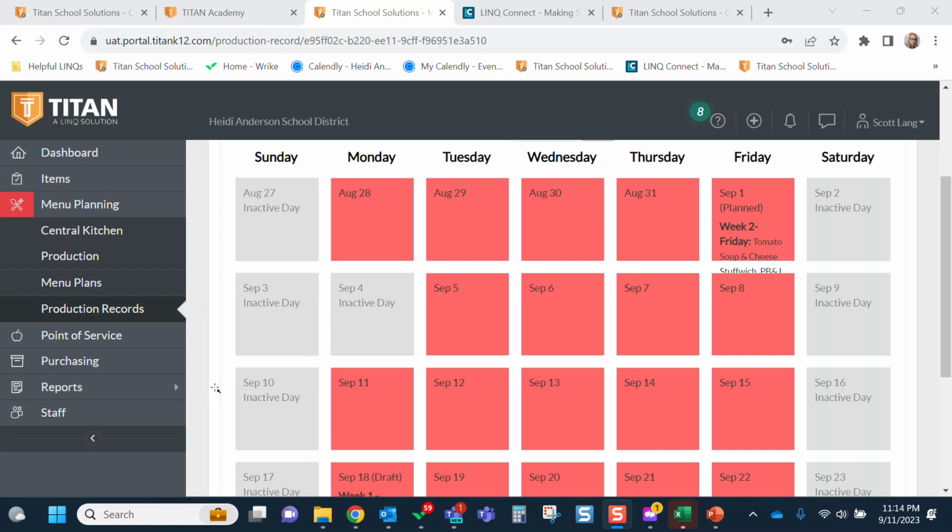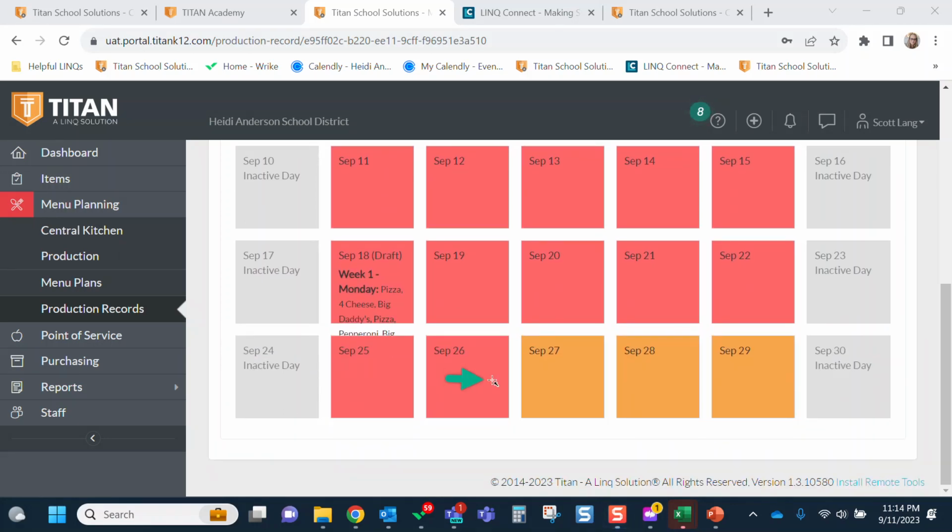The fourth color that you're going to run into is this orange color. This orange color is exactly 2 weeks in the future. This is what I want you to think of as your working zone. As long as you are planning in this orange zone, this is going to give you enough time to plan your production record, plan your menu. You are going to be able to create an order or a shopping list. You'll be able to place that order, receive those items into Titan, and then be ready to use those products